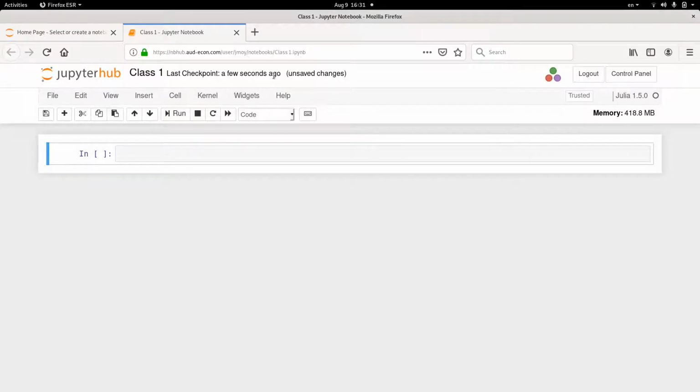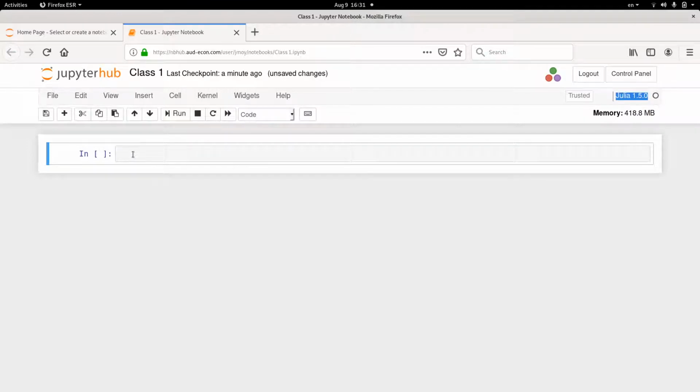Basically the Jupyter system will keep saving your work from time to time, autosave, and when you want to do a manual save, you can click on this first icon, the floppy here. Okay, and you can see here that the kernel we are running is Julia 1.5.0. And if there's a problem, you will find out what problem is happening.